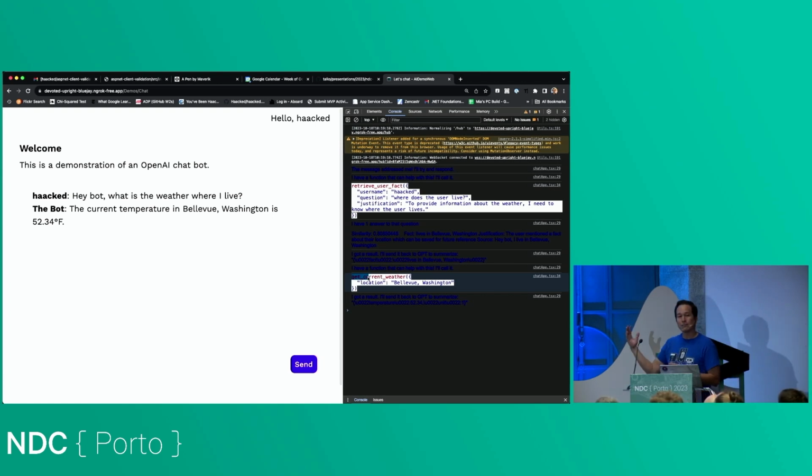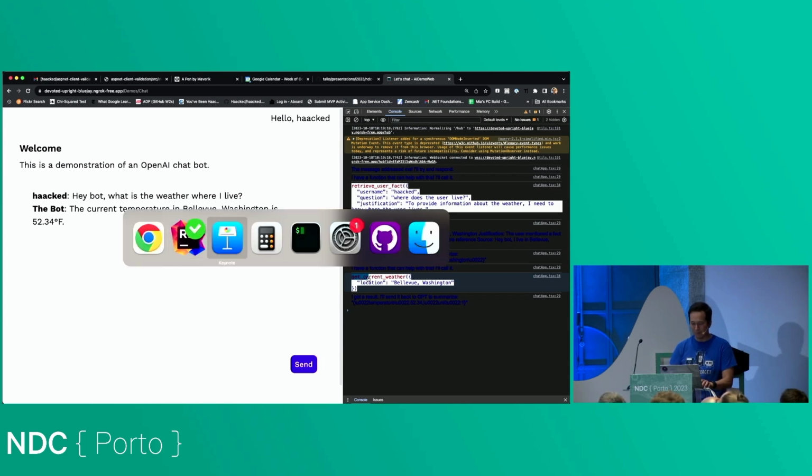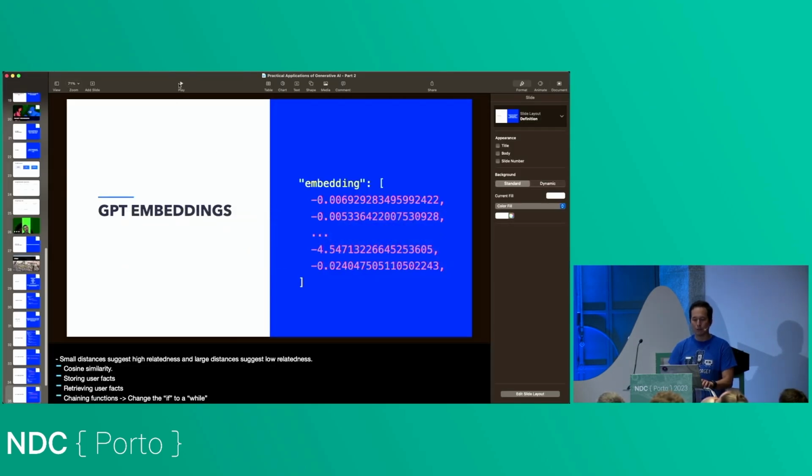So this function chaining is really powerful because as you build up a set of useful functions, you can chain them together and start to give your model, your AI, in your application superpowers. Hook this up to Wolfram Alpha, for example, and now it'll start giving you accurate answers about science and quantitative questions. So very powerful to use GPT functions and to chain them together.